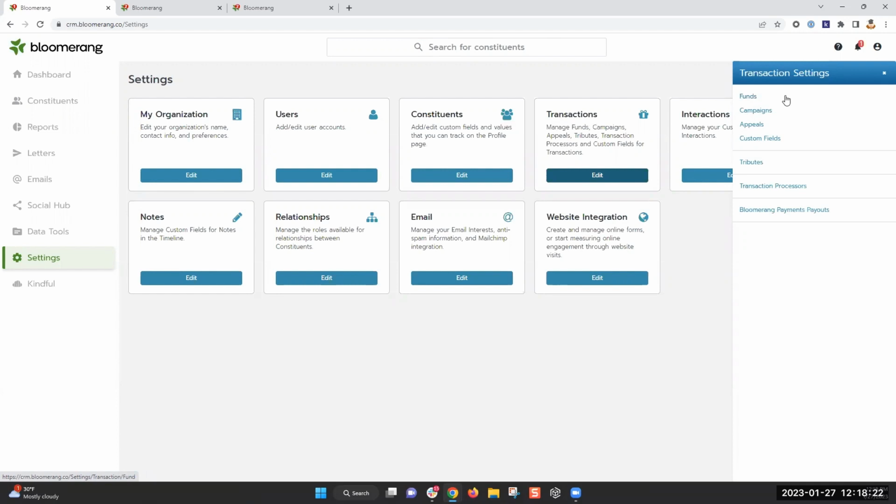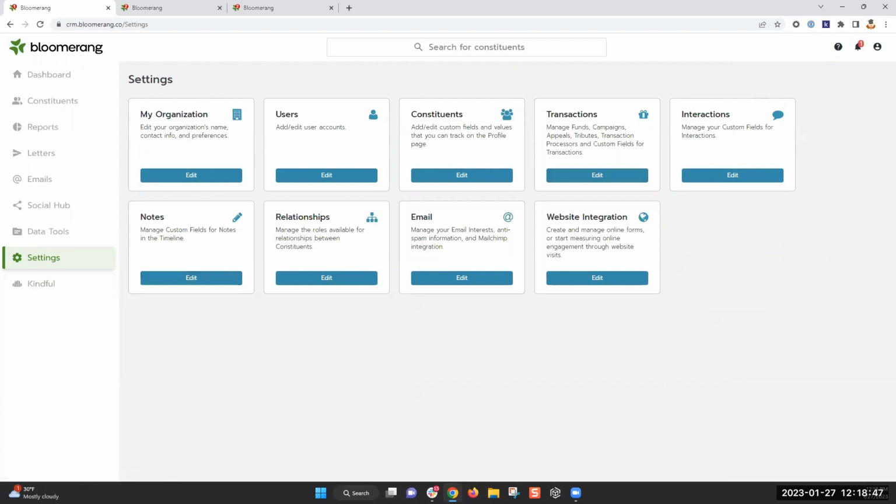You can also deactivate any funds, campaigns, appeals that you no longer use, or you can rename your custom fields. Any transactions, for example, that already are tagged with that fund, campaign, or appeal, if you change the name of that fund, campaign, or appeal, the transactions already tagged with that will inherit that change.